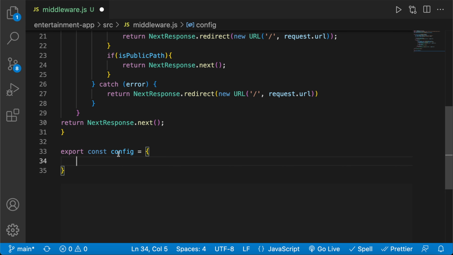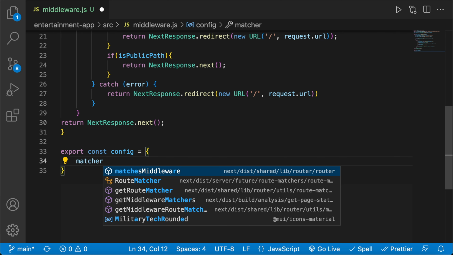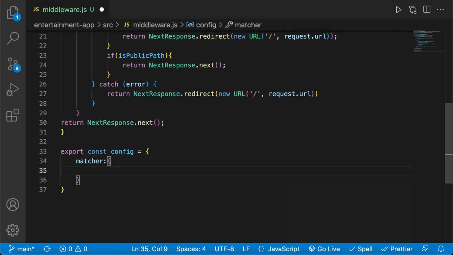So here within Next.js, there's this feature that says export const config, and it's gonna have something called matcher within it. And here it's gonna be, actually it's gonna be an array, not an object. There we go. So it's gonna be an array,